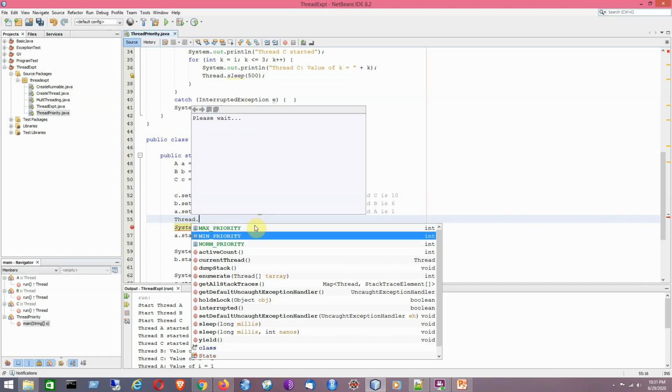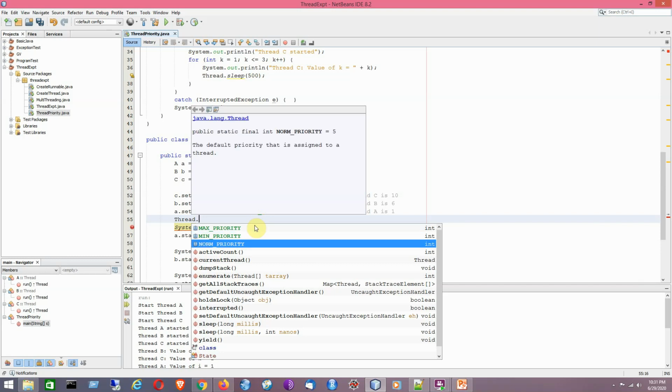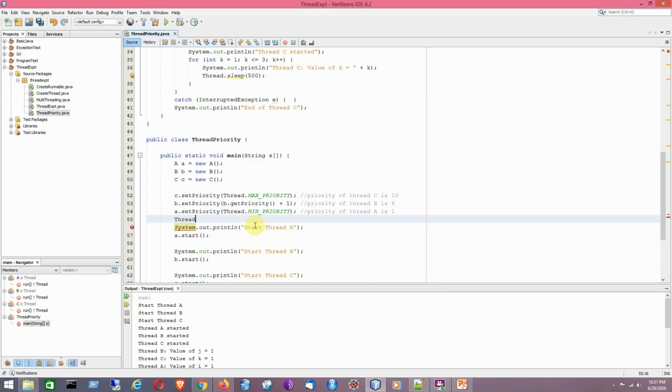The next one, MIN_PRIORITY, is basically 1, and the third one, which is the last of its kind, is denoted by NORM_PRIORITY, and it is basically having the value 5. So it is a default priority if we are not setting any priority at all. So try to remember this thing.